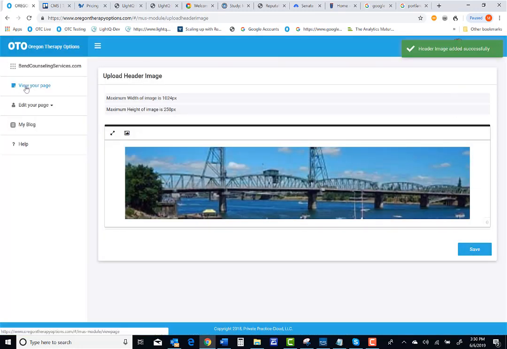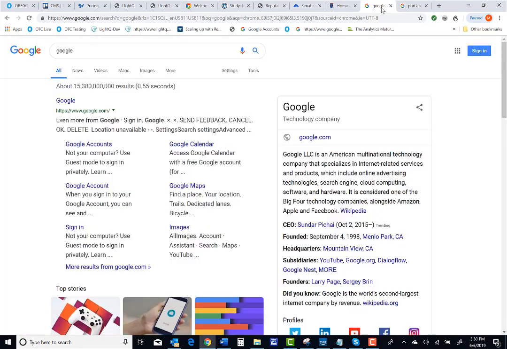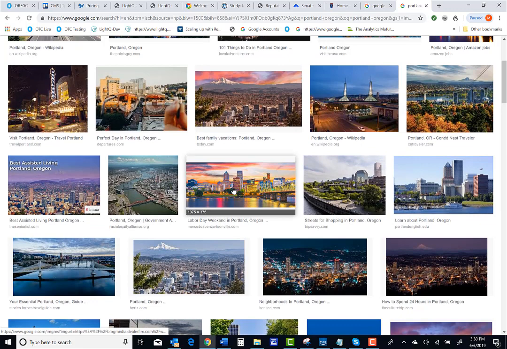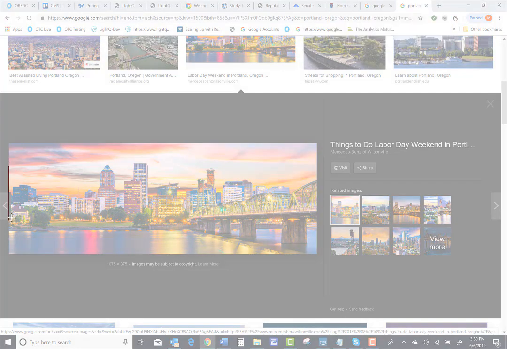And then we'll go to View Page. It's probably going to be a little funny. Yeah, it's not too bad. It's a little blurry though, right? So you can go back and find images that you like. Here's an interesting one. I'm going to just see if I can bring that up. That's kind of pretty, isn't it? So I'm going to snip that one again. And just remember,